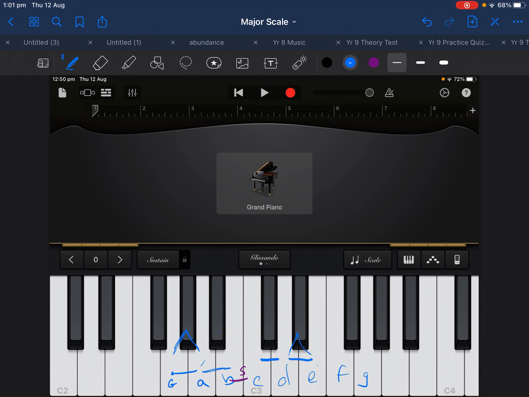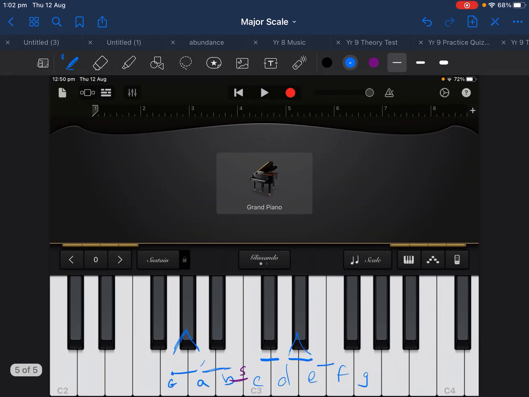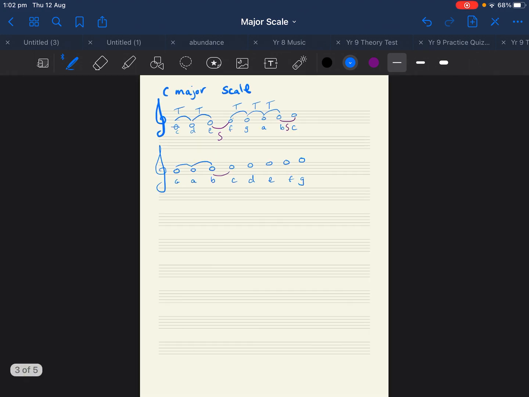Now E to F is a semitone, but in our structure, if I go back here, we have three tones. That third one has to be a tone. So how can we make it a tone? Because that's only a semitone. That's not a tone. So what we do is we go from E to F sharp. So it's actually F sharp, and in our writing of our scale, we go C to D is a tone, D to E. Now E to F is not a tone, but to make it a tone, we're going to make that an